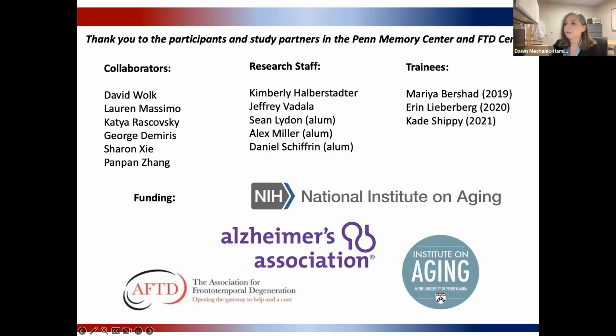The developers of the app itself, the research staff, and the trainees who have come through on a yearly basis, who have been incredibly helpful for brainstorming and making changes and really bringing new fresh information to these projects on a yearly basis, the funding sources, and of course, the participants in the ADRC and the patients in the Penn Memory Center and the FTD Center for all of their time and effort and willingness to take on a new phone, even when they already had one or didn't like technology.